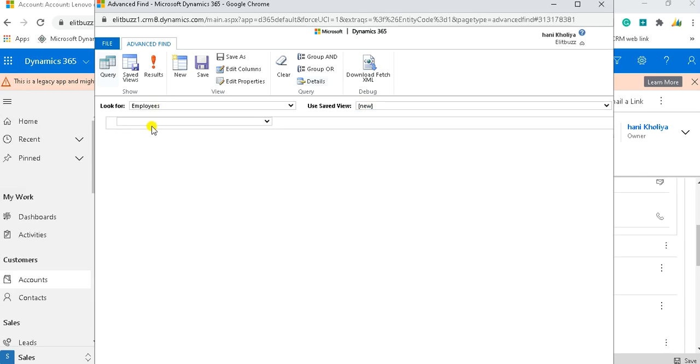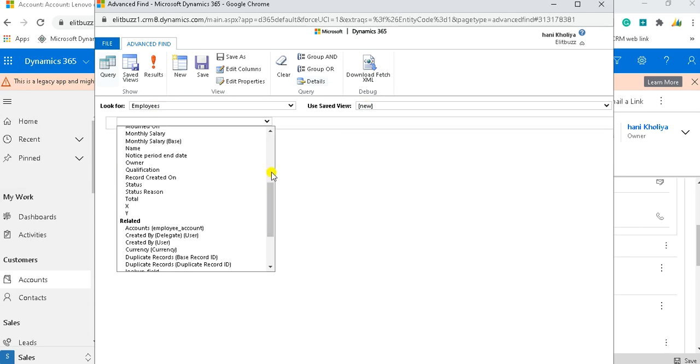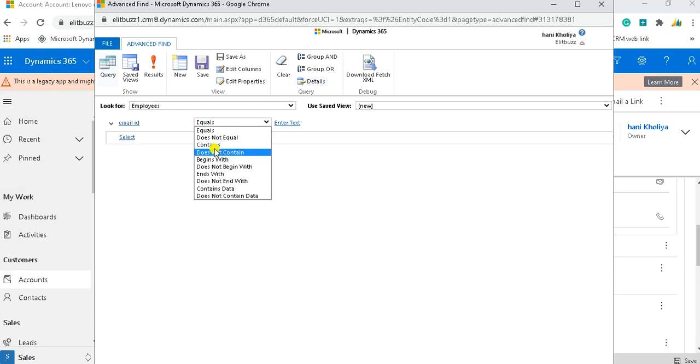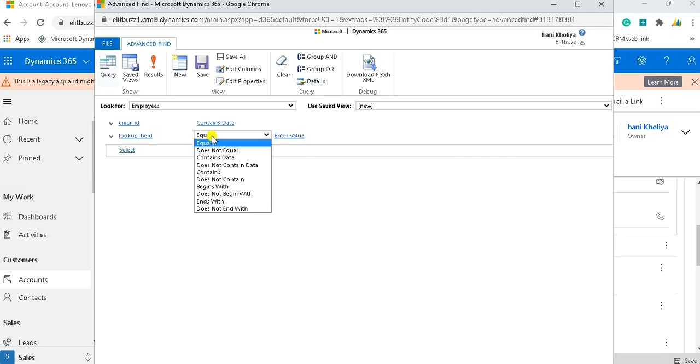So like this, I have employees. I will select any particular field I want, like email ID contains data, and a lookup field also contains data.